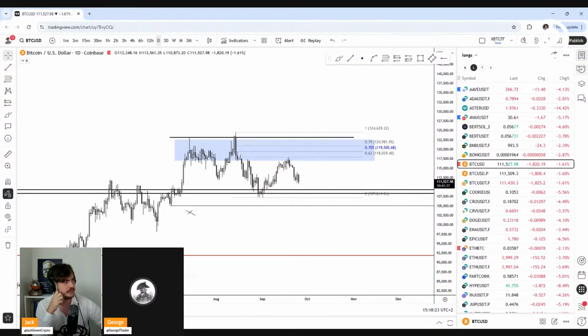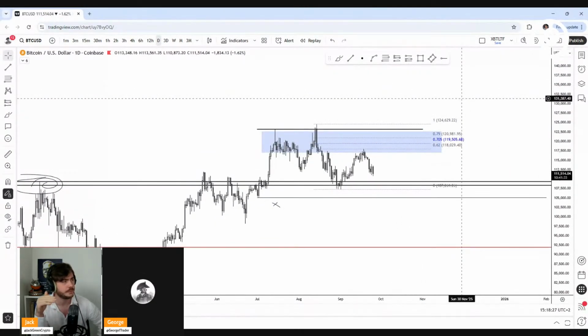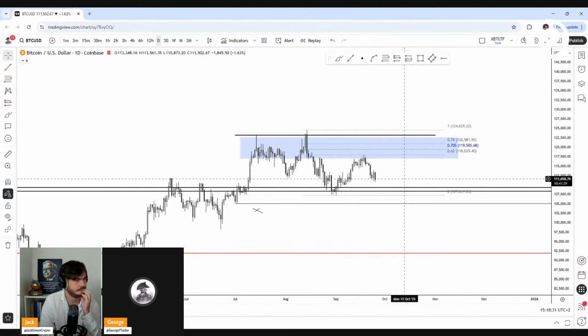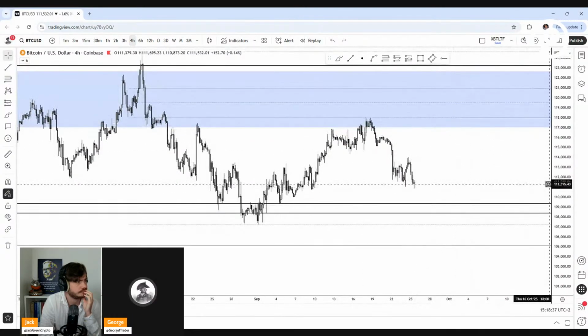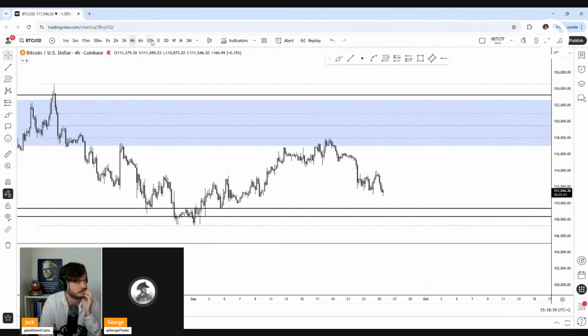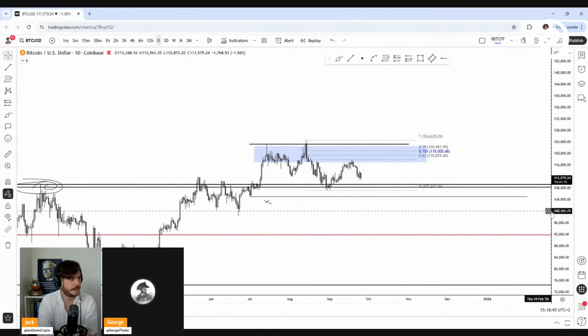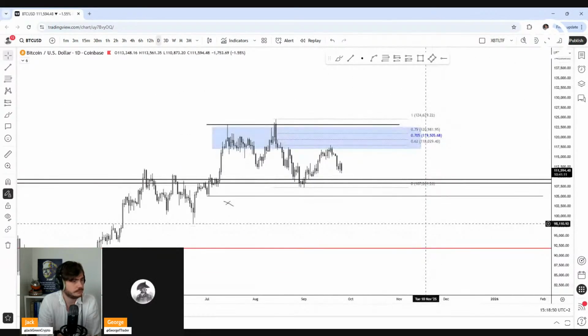Do you never go below the daily time frame? Yeah, I do, but right now I want to keep it to the higher time frames. Lower time frames are a little bit choppy at the moment, so we're not going to talk about those for now. Also, since I'm in swing shorts from the highs with invalidation above there, I'm going to keep it with this.